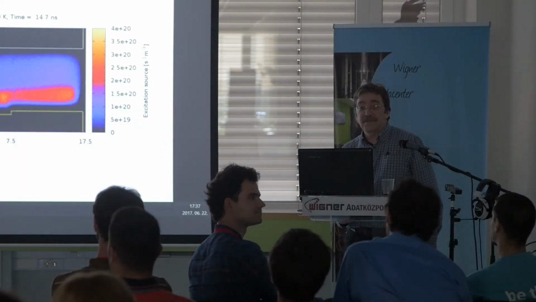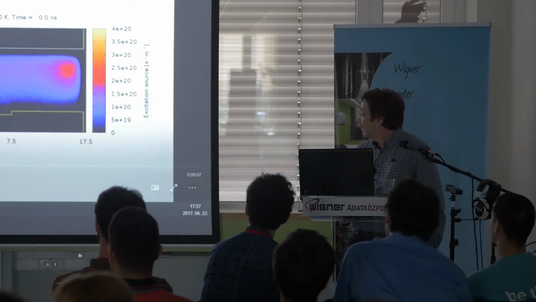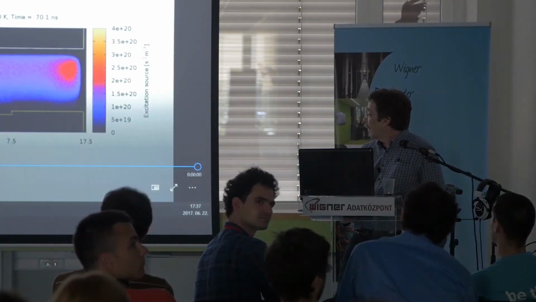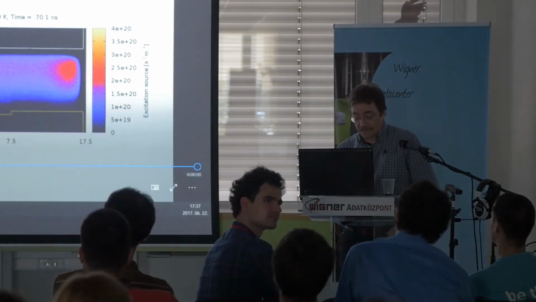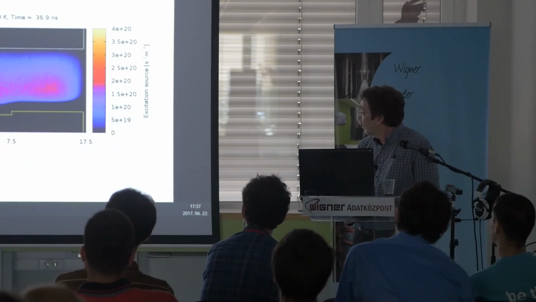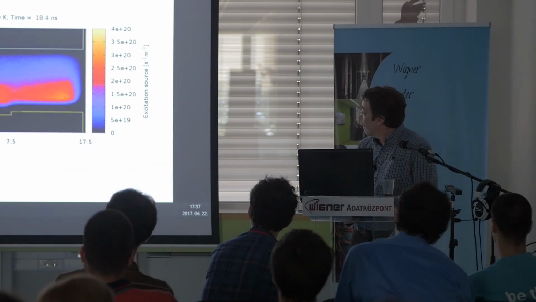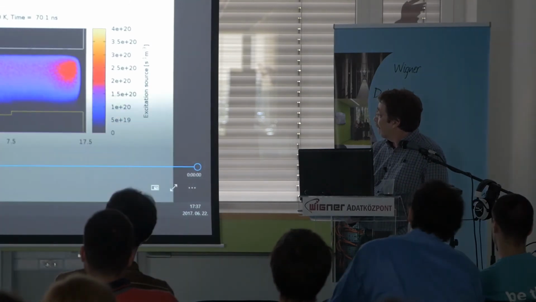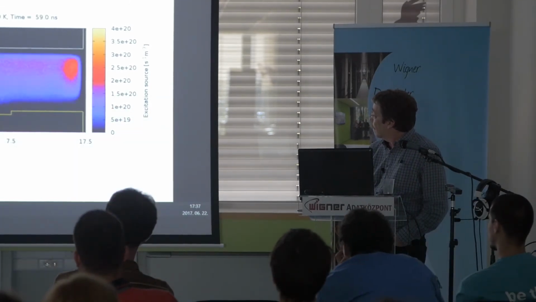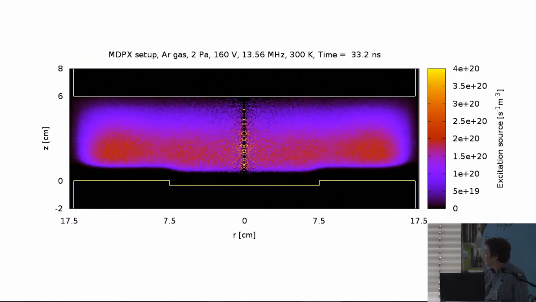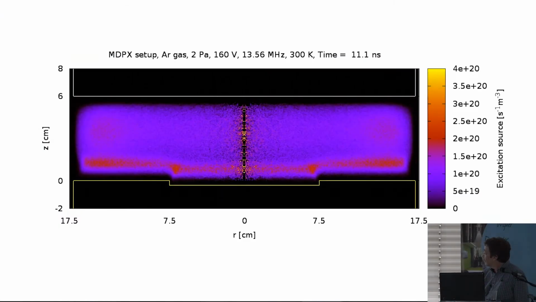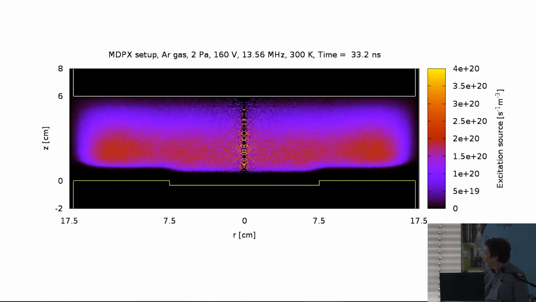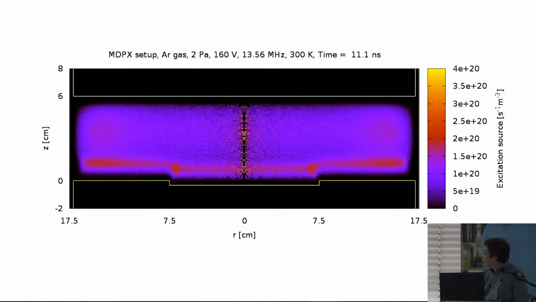So actually, we always try to generate low ionization degree plasma. So it's a neutral background gas, and you have 1 electron and ion per 1 million neutrals. And here, the lower electrode is powered, so you have a sinusoidal voltage of a few hundred volts, or 160 volts in this case, while the upper electrode, which you see as this white line, is ground. And in this gap, you generate this plasma, and the movie shows 1 cycle. So you can see these flashes correspond to the peaks of the voltage where electrons get accelerated, multiply, ionize the gas, and then the whole system diffuses to the walls. So this is a highly